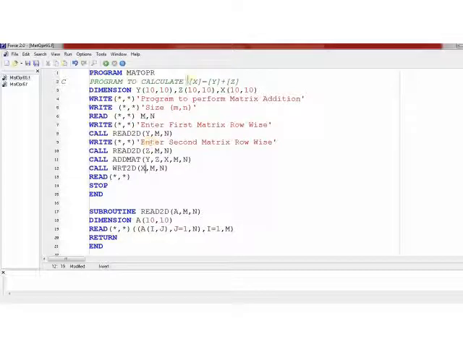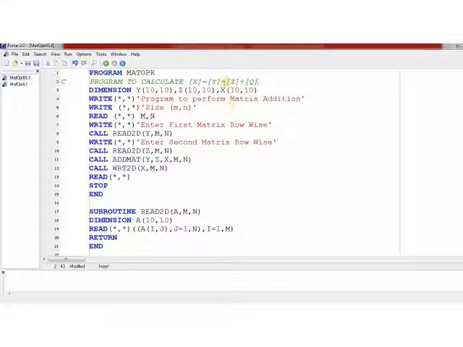Let us find out if you want to perform some complex operation. So let us say x is equal to y plus z plus q.